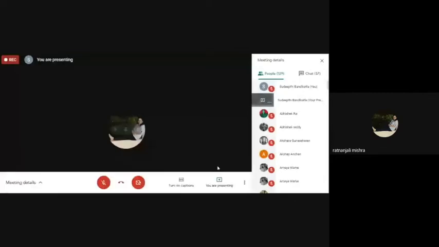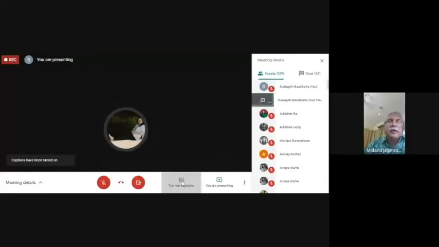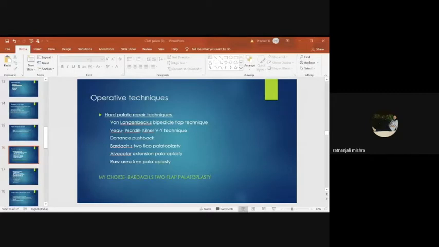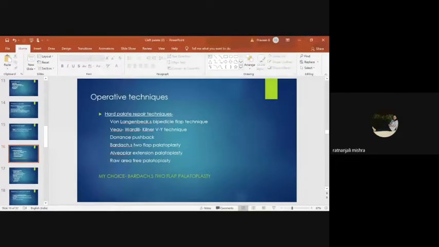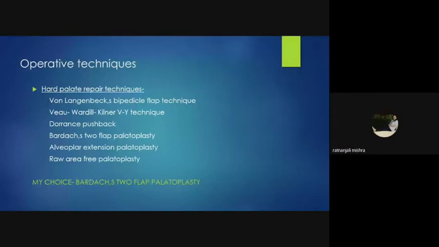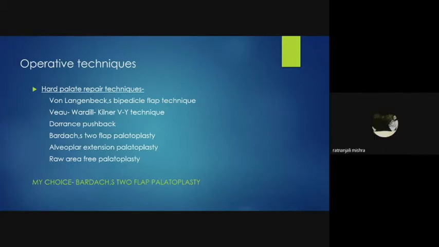How are you going to use the vomer? Sir, I will keep the superiorly placed flap. Sir, my screen is visible. Yes, you will show. So you incise the vomer in the midline? No, sir. I will leave a small tissue in between the vomer, and I will take the superiorly based vomer flap laterally, sir. Madam, you need it bilateral, for both sides. Yes, both sides, sir.